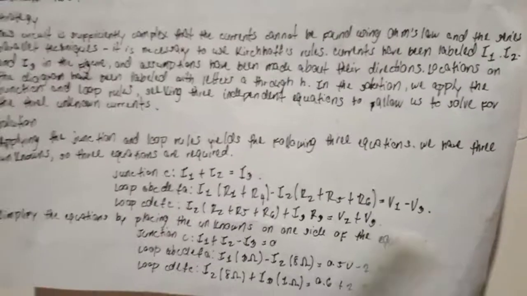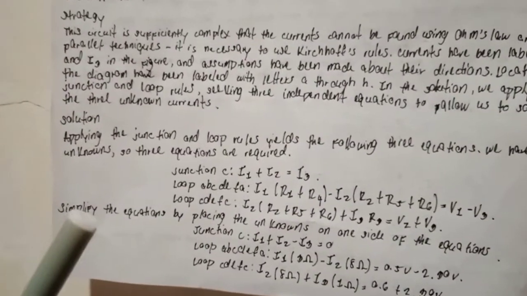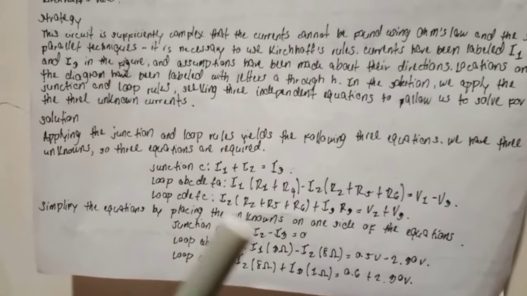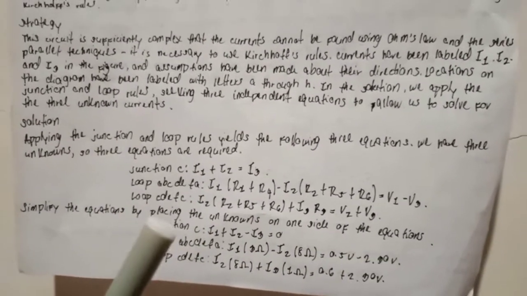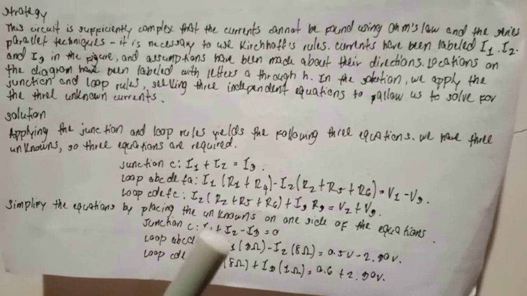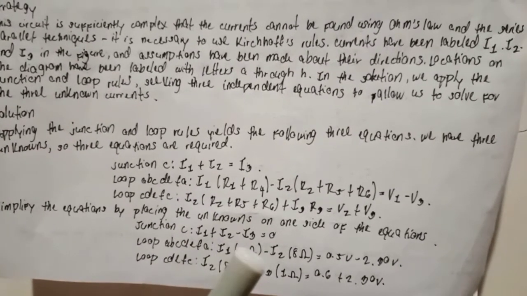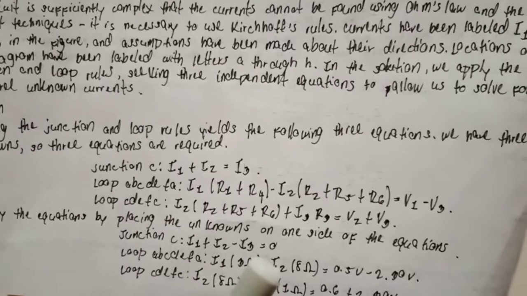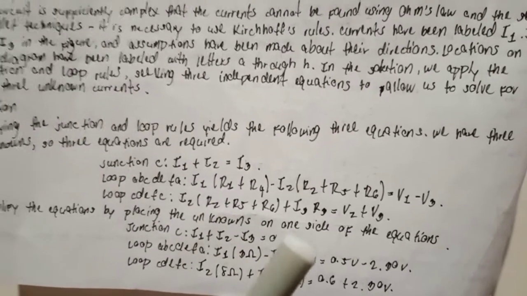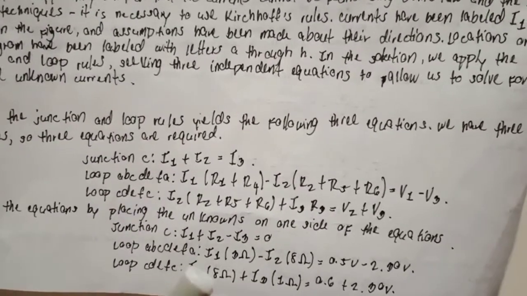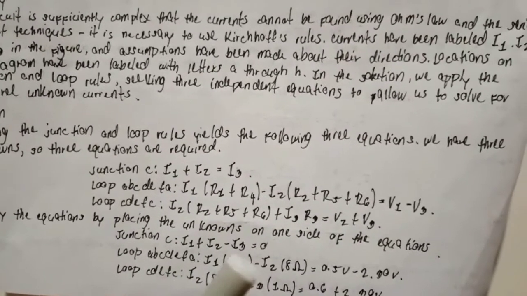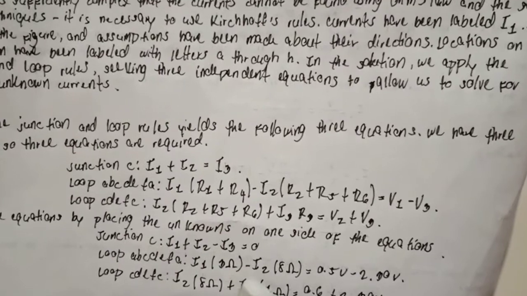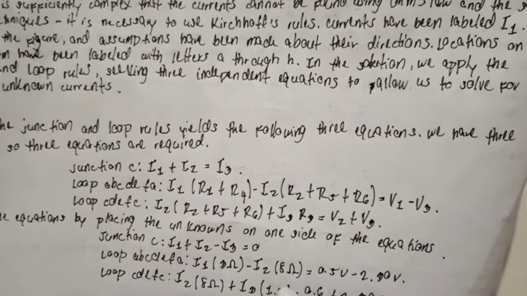Simplify the equations by placing the unknowns on one side of the equations. Junction C: I sub 1 plus I sub 2 minus I sub 3. The total is 0. Loop A, B, C, D, E, F, A: I sub 1 multiplied by 3 ohm resistor minus I sub 2 times 8 ohm resistor. The total is